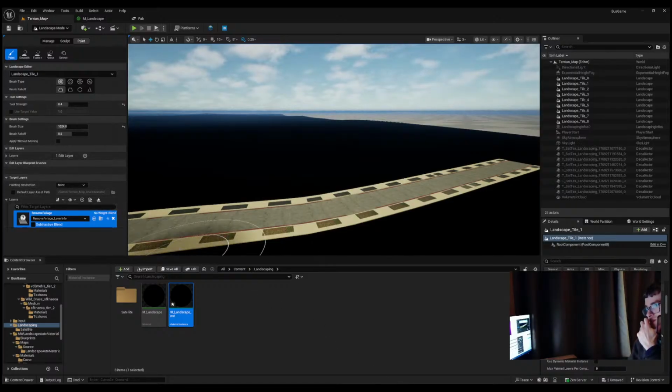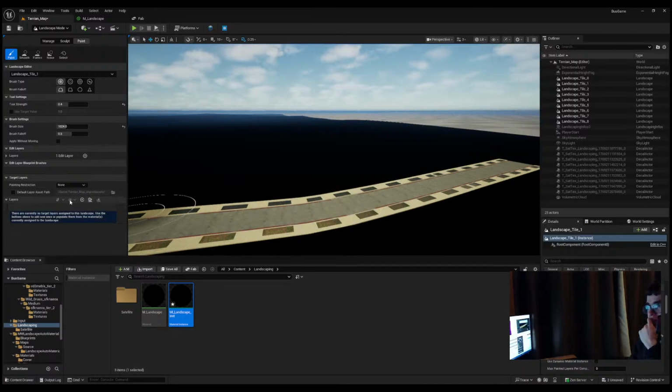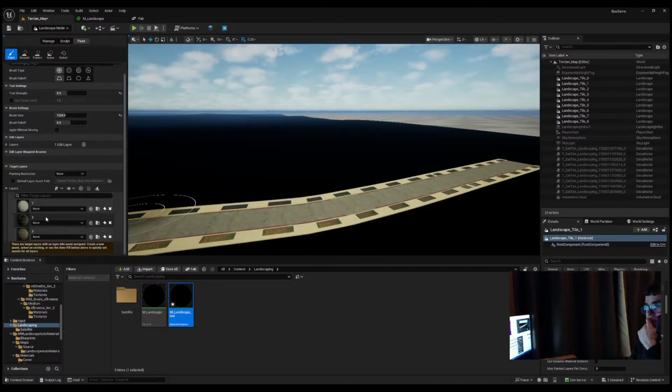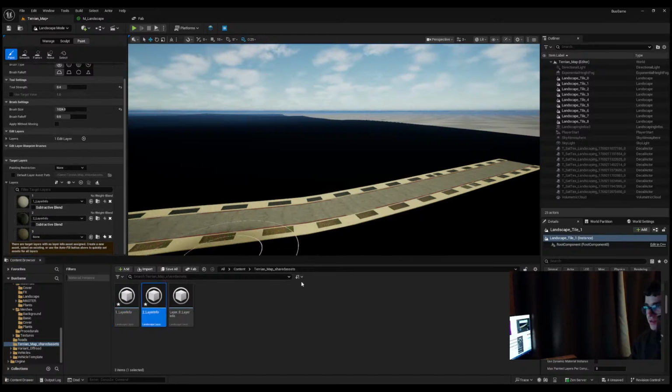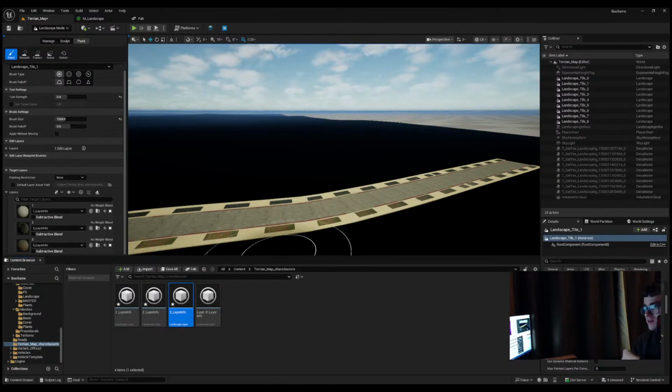Yeah, so this is where it's a little bit different. So I think potentially I have to click, yes, from assign materials here, and then create a, what did they call it? A non-weight blended layer, essentially. Do that for those three, and then I believe after that you can